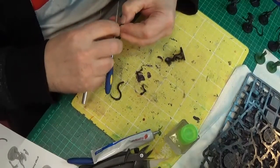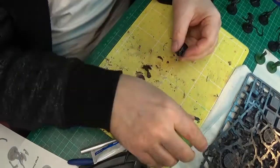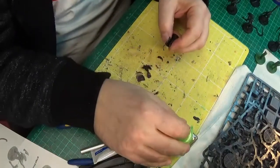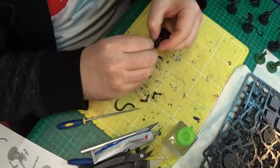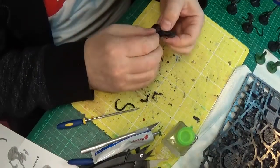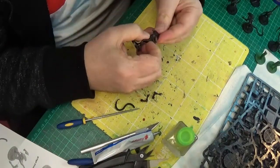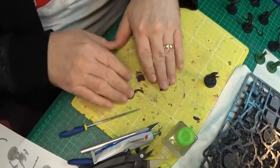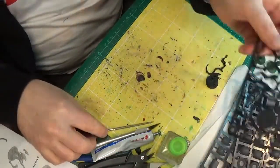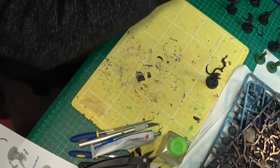Let's file a bit down there. Let us see how this head fares, shall we? Because this is the one for it. Seems to be going on better. See, you can't keep a good modeler down, but he needs to dry thoroughly before we attach the rest of it. Right, so what I propose to do, well, see, this model,